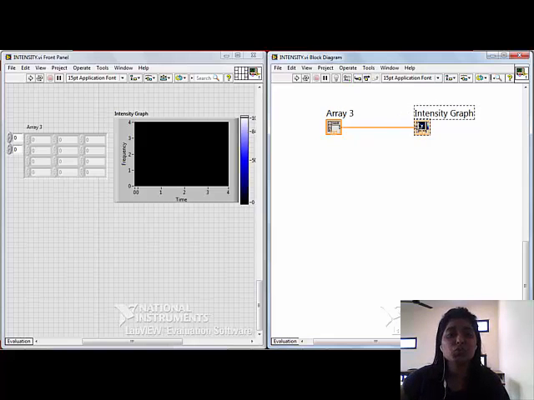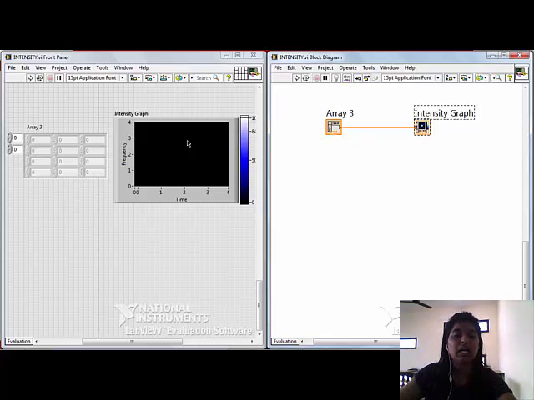What's the use of the intensity graph in LabVIEW? You can display 3D data on a 2D plot by placing blocks of color. Here in the front panel you can see blocks of colors, and each color will represent some number.